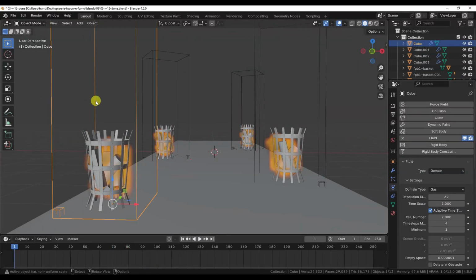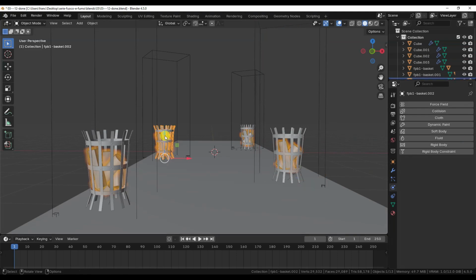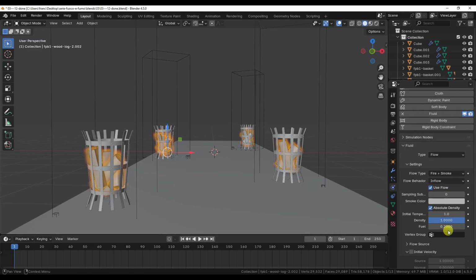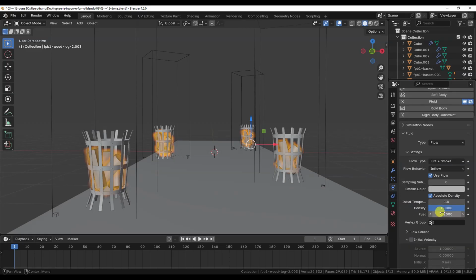The real problem arises if we change the resolution or any other parameter of a domain and then run the bake again. For example, I'm lowering the resolution of the more distant domains, since we don't need high resolution for background objects. Now, Blender is really mixing up the data, because it's the same set of volumetric data being shared by objects that have different characteristics.